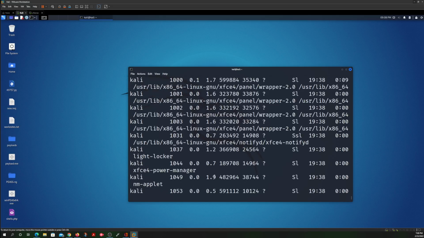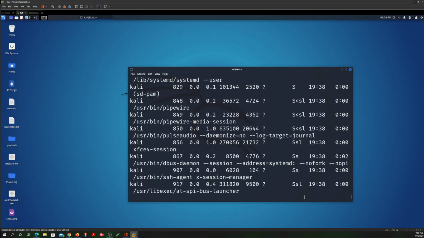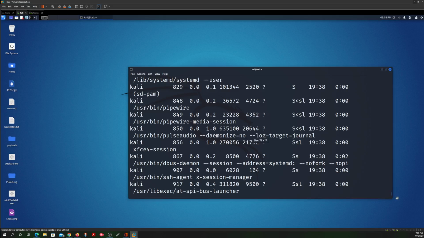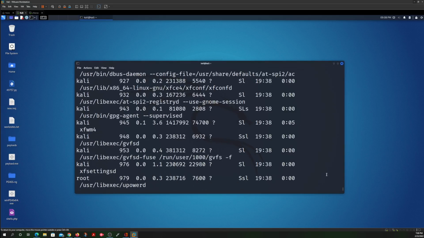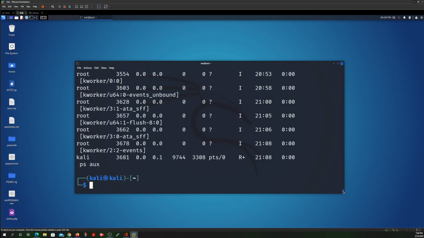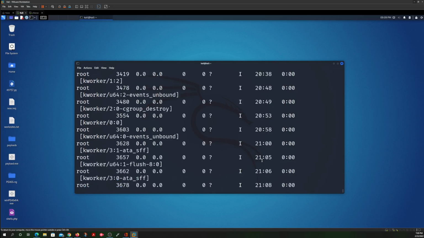This is what you get. These are the processes that are currently running in this virtual machine at this time. As you can see over here, let me just make sure that you guys can see that. As you can see the scrolling bar over here, this is a lot. This is hundreds. And if I'm looking for Apache, for example, if I want to see if Apache is running,